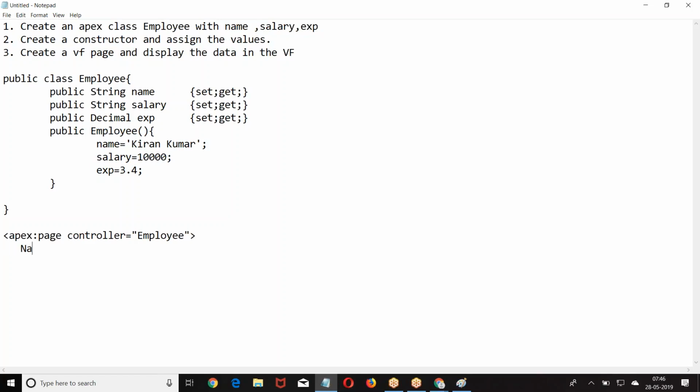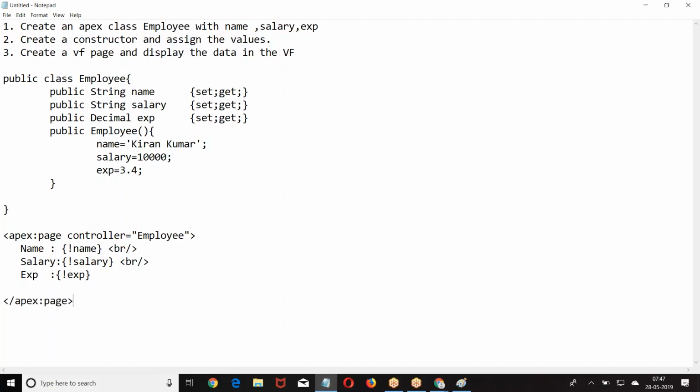Then I am trying to just display. This is how I create. So the basic example is clear for everyone.